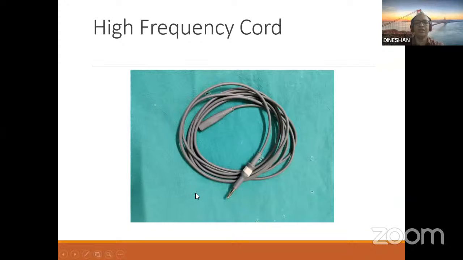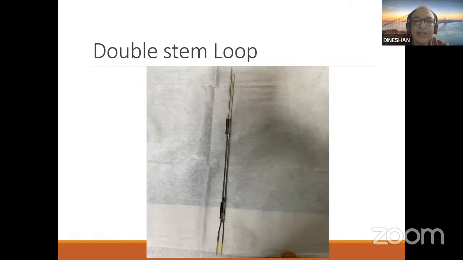This is the high frequency cord. This is the area which is connected to the pillar. This is for the single stem loops where it is connected to the pillar, and for a double stem you have a different type of loop, high frequency cord, which is connected to the right, which has got a small hole at the right side, so that it gets connected straight to this active limb of this stem of this tube. So that's a different type of high frequency cord.